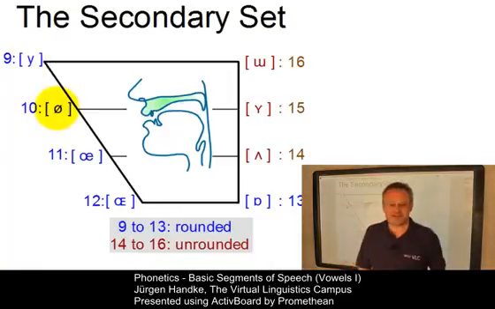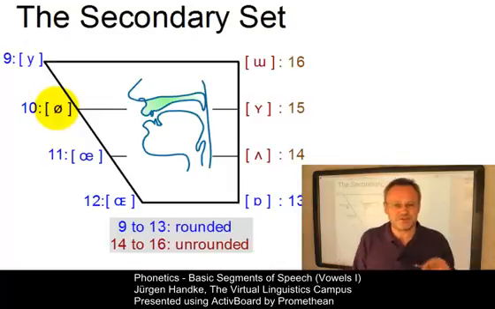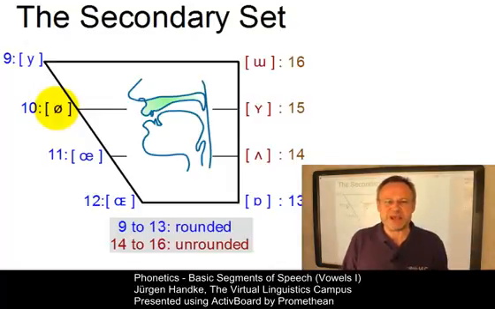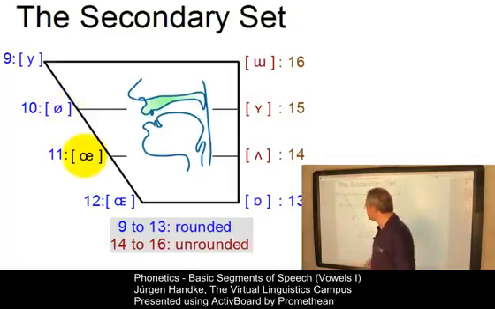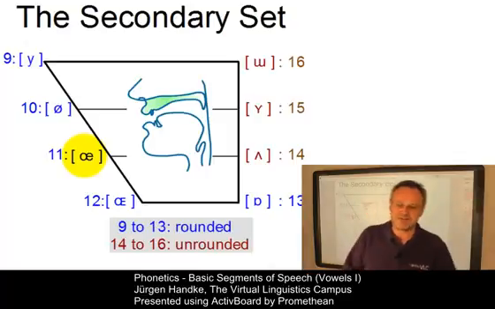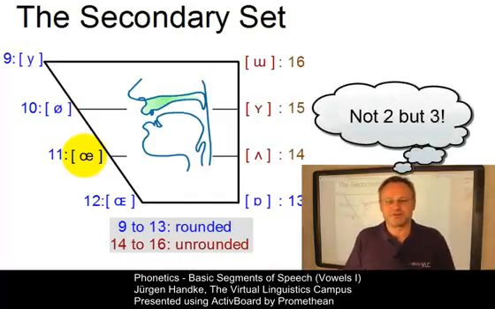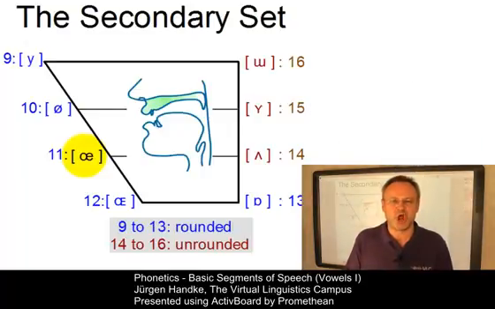Cardinal number 10 next. Cardinal number 2 is [e], so I produce that first. And there you are, cardinal number 10. Here is cardinal number 11, and again I first produce cardinal number 2, that is with spread lips, and I've rounded my lips to get